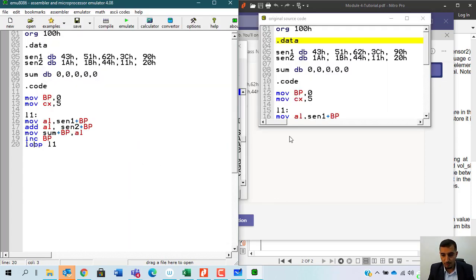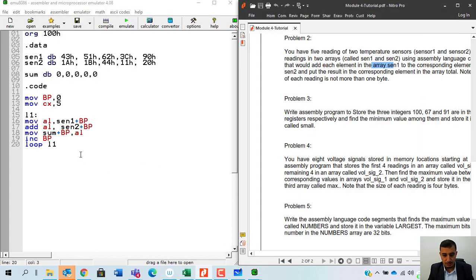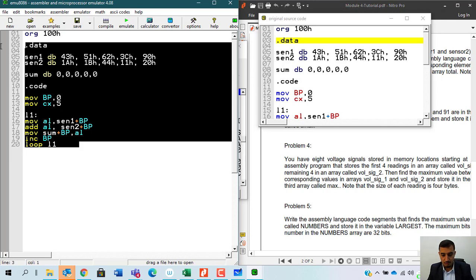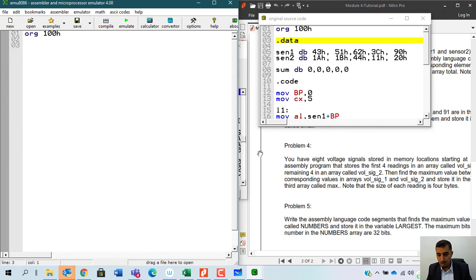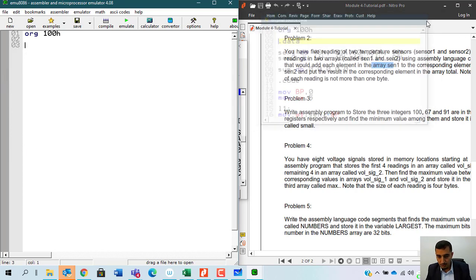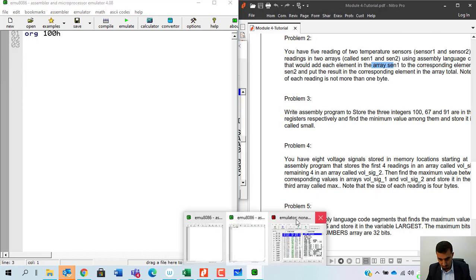Let's go for the second program. The second program says what? The second program says